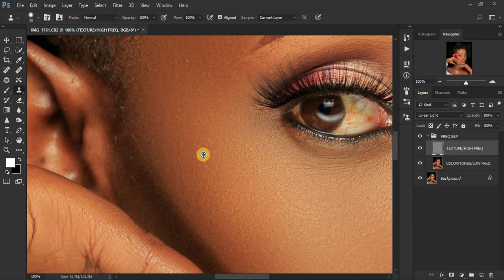So alternate, click on a clean area next to a blemish and just paint over or dab over the blemish. So that's how the clone stamp tool works when you're trying to remove pimples or blemishes from the model's face